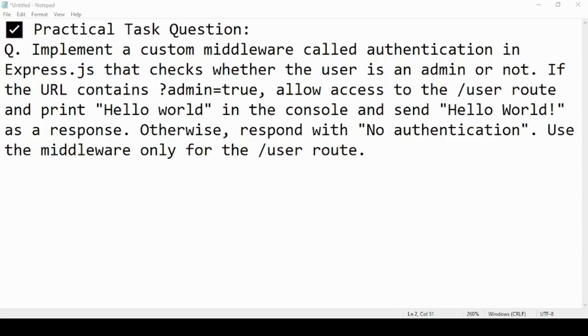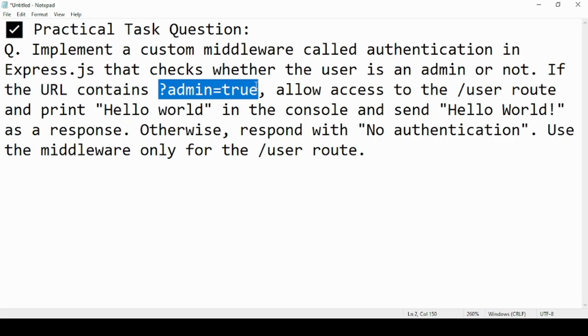Now time for a practical task question. You need to implement a custom middleware called authentication in Express.js that checks whether the user is an admin or not. There should be a query string.